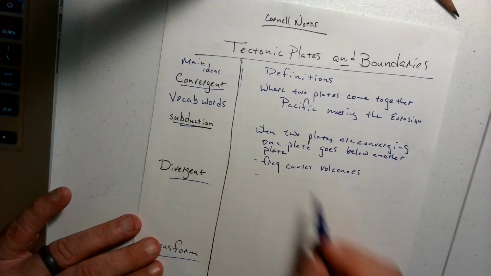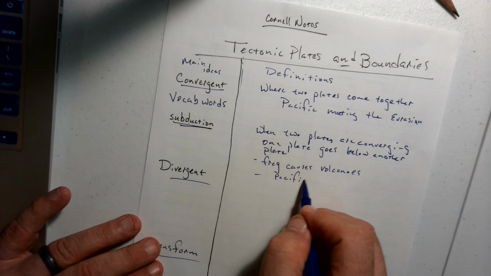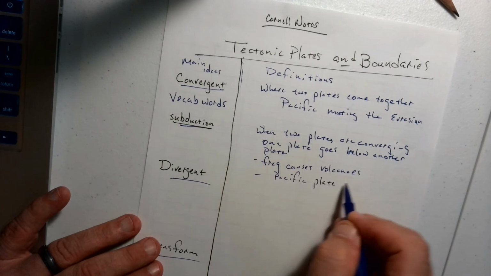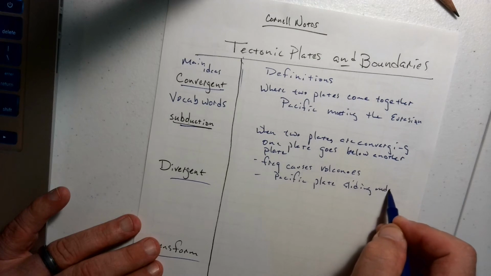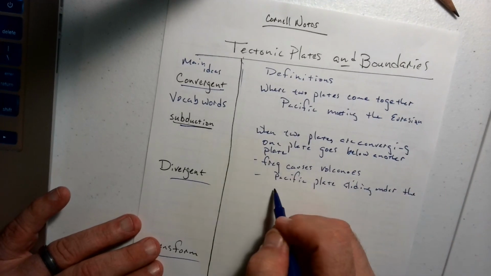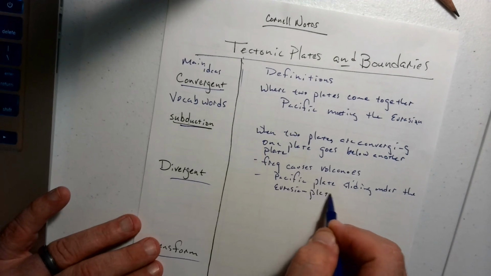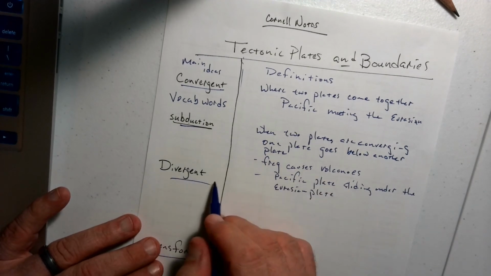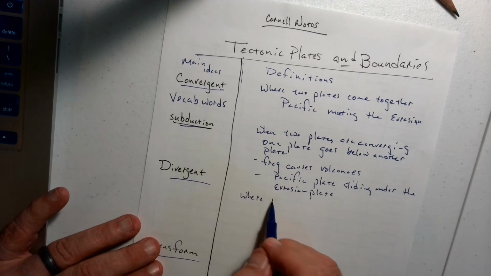And an example of subduction is again the Pacific plate sliding under the Eurasian plate. All right, divergent. So I want to remember this as where two